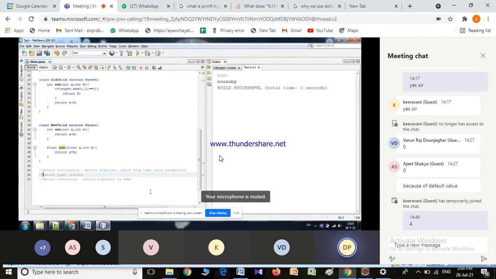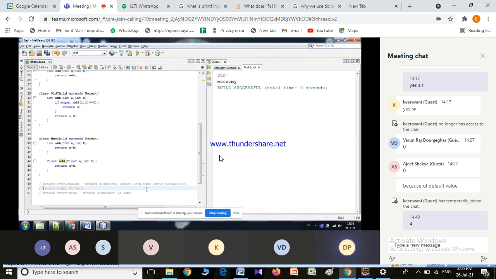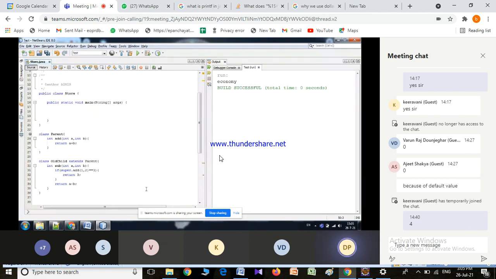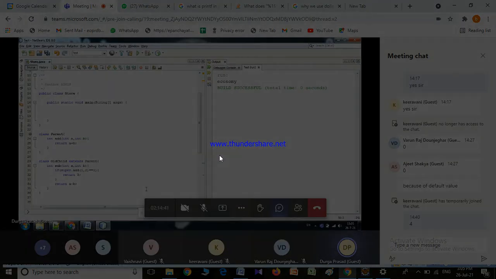Okay, method signature is simple. Apart from name, input parameters and return type. If input parameters and return type are the same, then it is method overriding. If it is different, then it is overloading. Any questions? Able to follow?